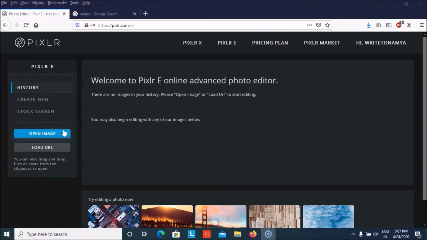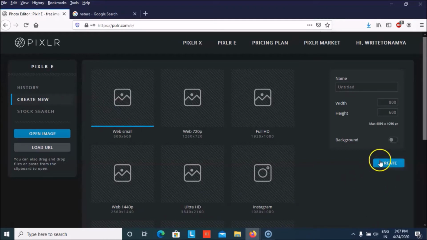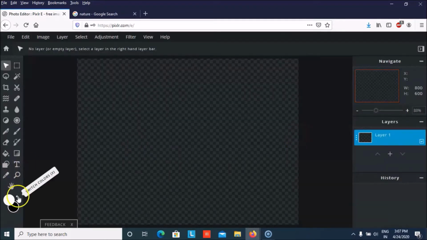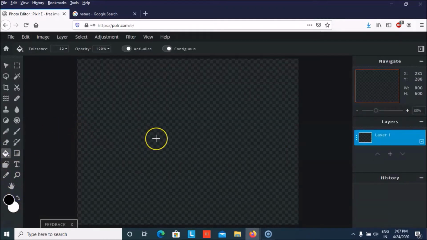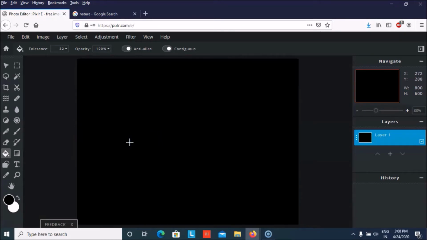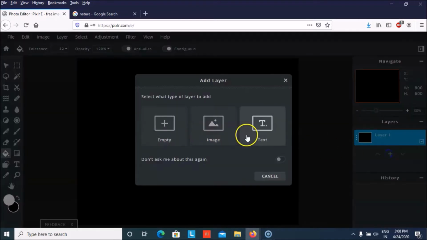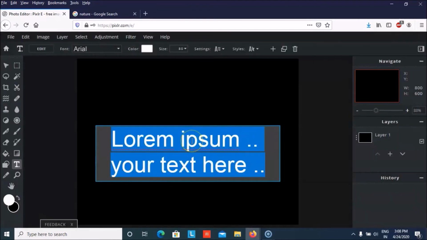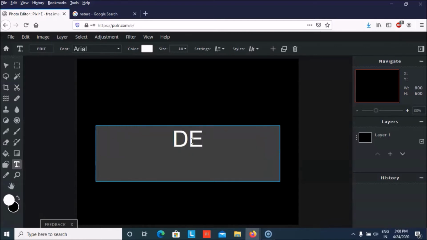Today we're going to learn how we can place a picture inside the text. So let's start by creating a new one. The first step is to change the color of the background to any other random color. So I'm going to take black, and then we can take a new layer as text. You can write whatever you want to write. So maybe I'll write desert,